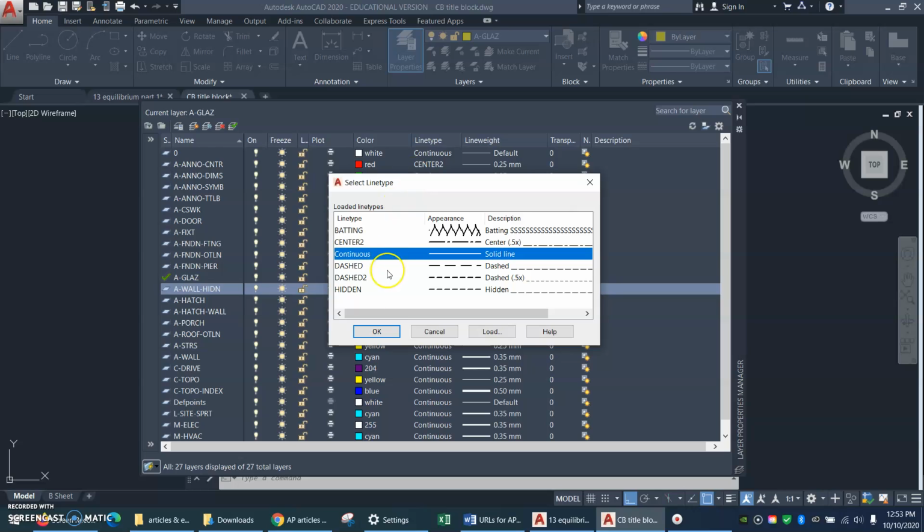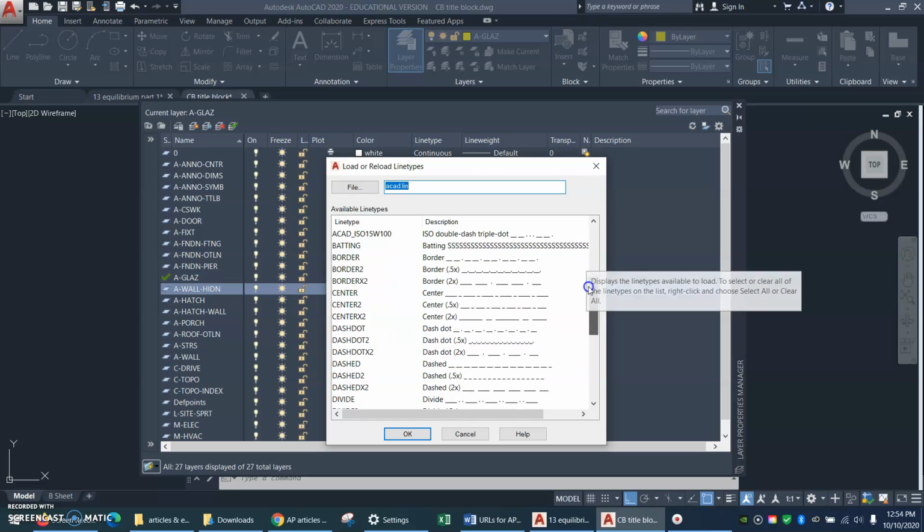And here are some line types. Here is the hidden line that we already have loaded in our drawing, and I actually messed up. I should have loaded hidden 2, and I'll show you why. Notice that hidden 2 is not one of the choices here. That's because when you first start a drawing, there are no line types loaded, in order to save file size. So you have to click the Load button,